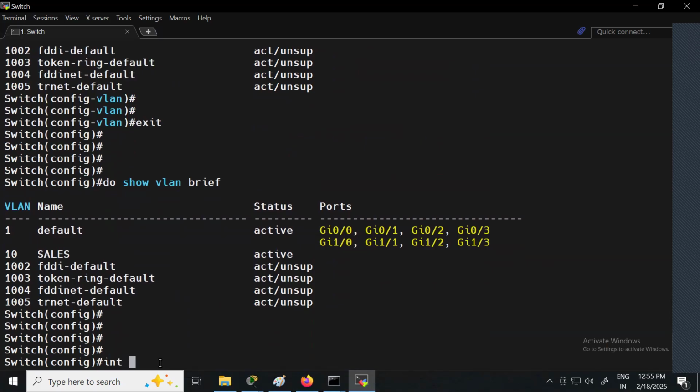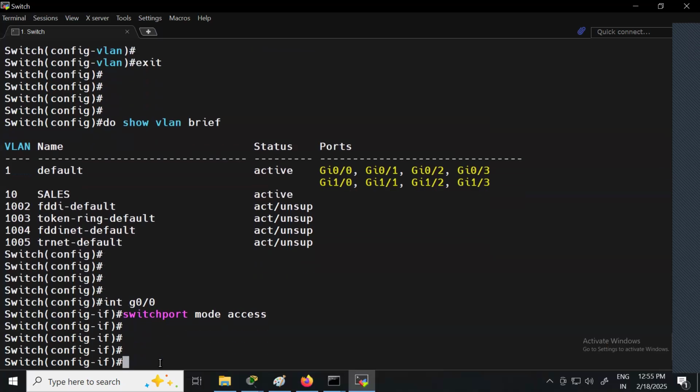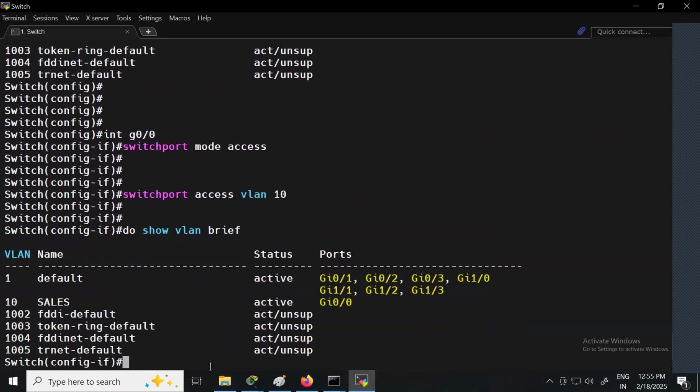So I'll say interface Z0 by 0. Okay, and if I want to change it to access mode, what is the default mode? Access only. So let me say switchport mode access to make it an access port. Then I can say switchport access VLAN. Now if I check, do show VLAN brief, you can see Z0 by 0 has been added.